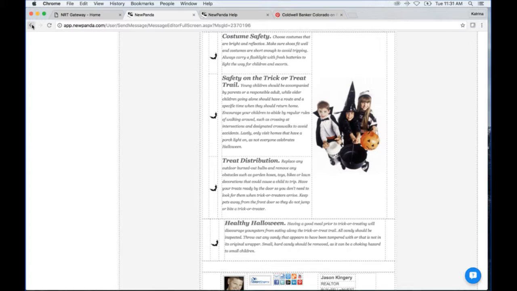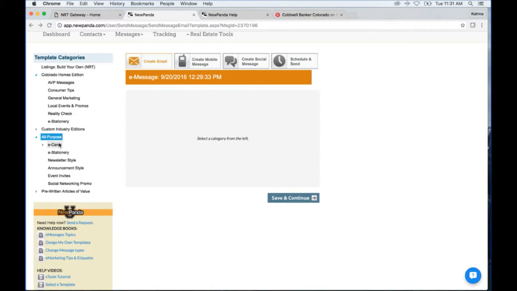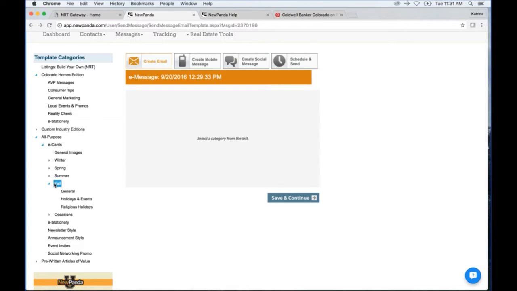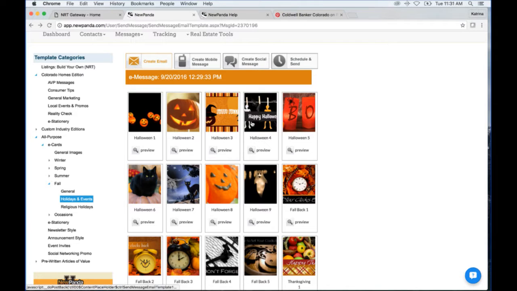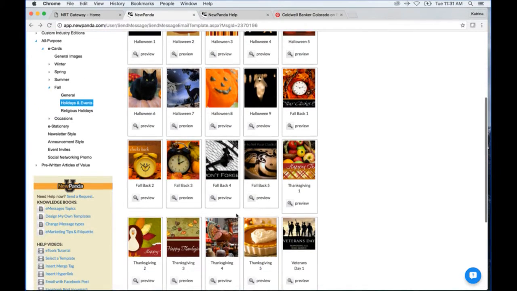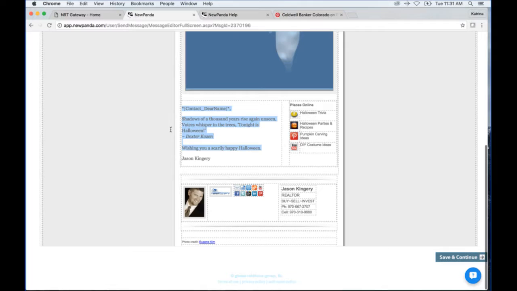So you may want to create your very own message, kind of an all-purpose message. If you go to the all-purpose e-cards, and then go to, I think it would be fall maybe, holidays and events, all these Halloween cards. Boom, now you can just pick one of these. Here's a little Halloween ghost. We've got this ghost: shadows of 1,000 years rise unseen, voices whistling in the trees, tonight's Halloween, yay, wishing you happy Halloween. Change this out and just say,